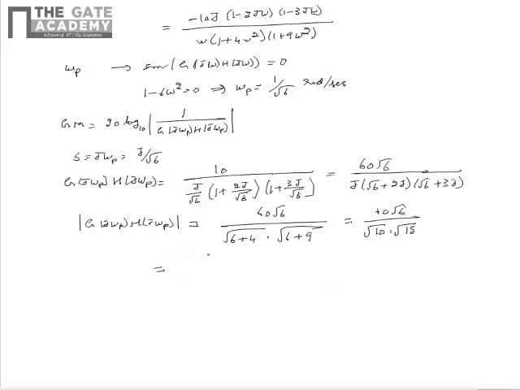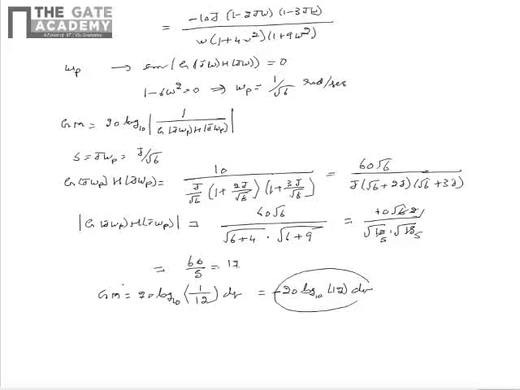And upon simplifying the same, we see that this can further be simplified as 60 by 5, that is equal to 12. From this, we can write that the gain margin of the control system is 20 log 10 of 1 by 12 dB, or minus 20 log 10 of 12 dB. So we got the gain margin of the control system as minus 20 log 12 to the base 10. Hence the correct option which represents the gain margin of the given control system is